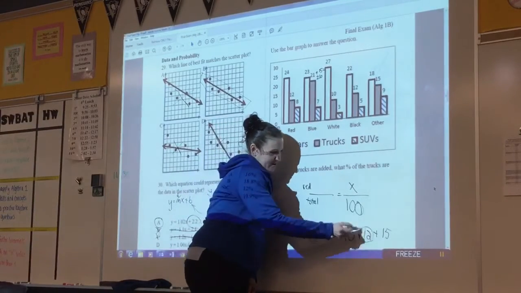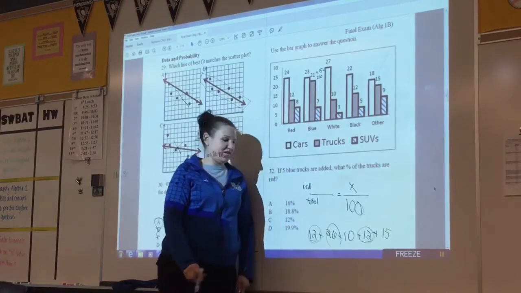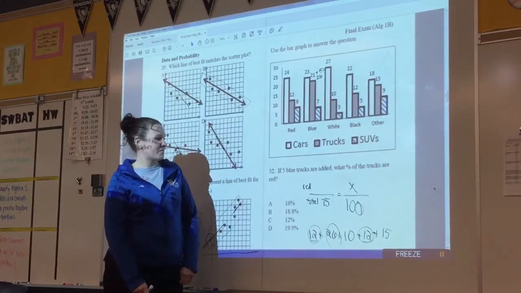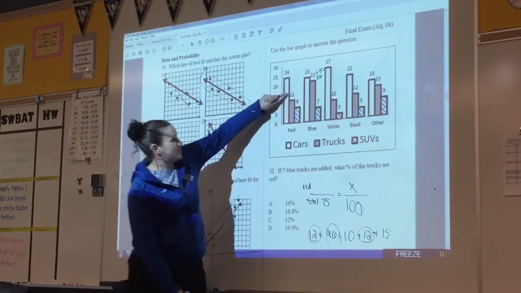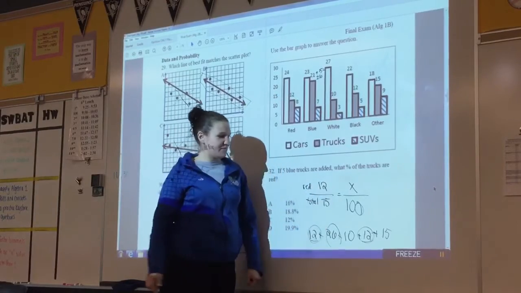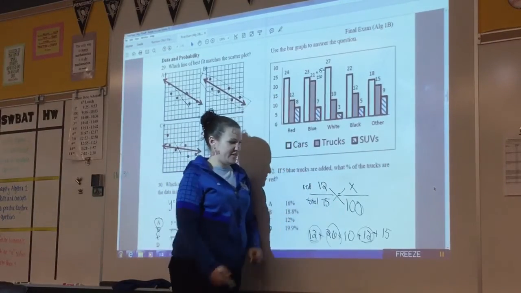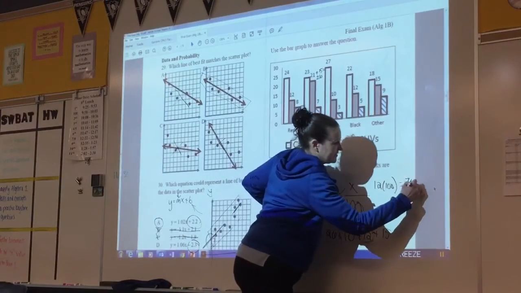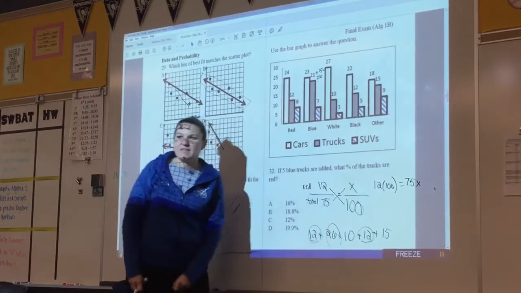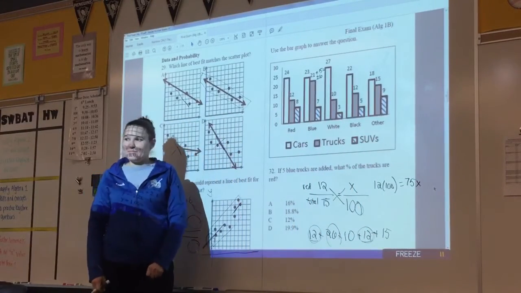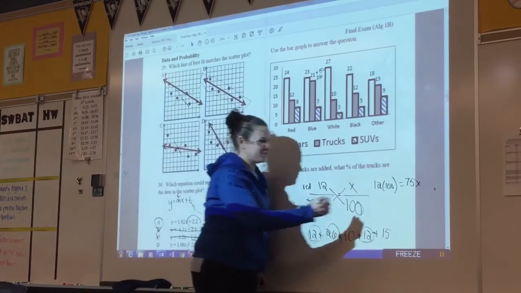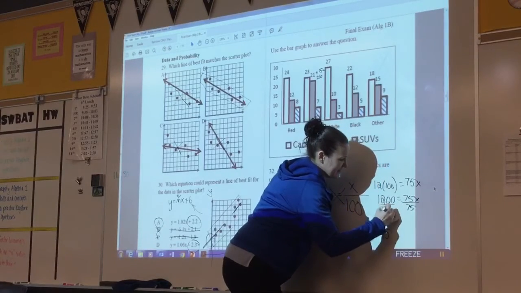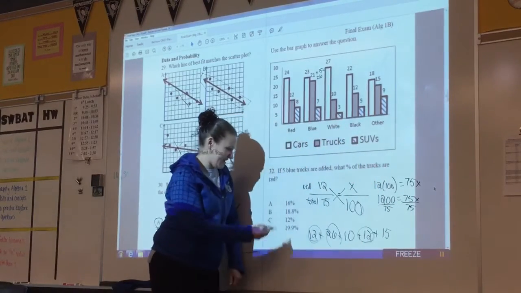This is 24. So 75 altogether. Let's see how many of those are red, thank you, keep that calculator out. Still have 12 red, we didn't add any of those. So now we just need to cross multiply. 12 times 100 equals 75x. So we have 1200 divided by 75. Kat, what would you get? I got 16. And 16%